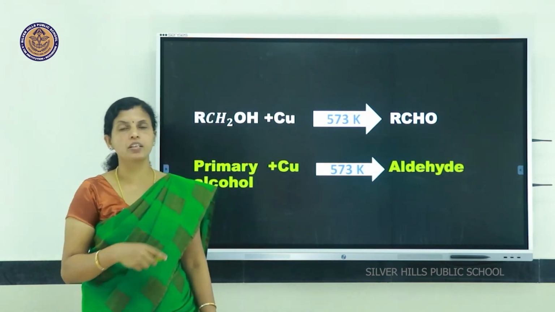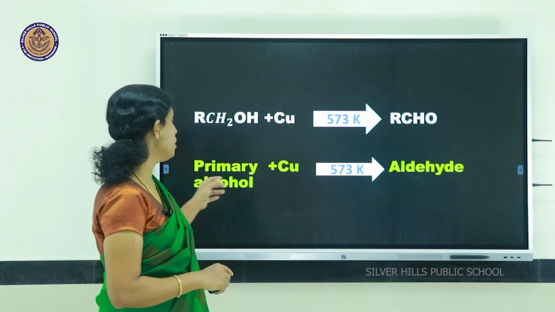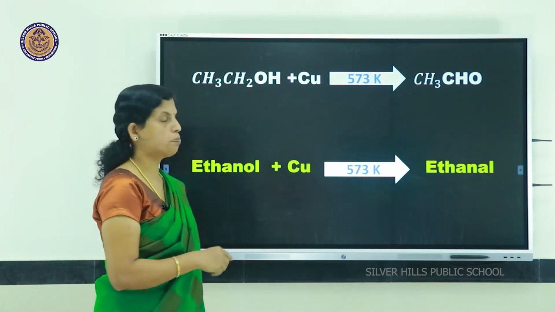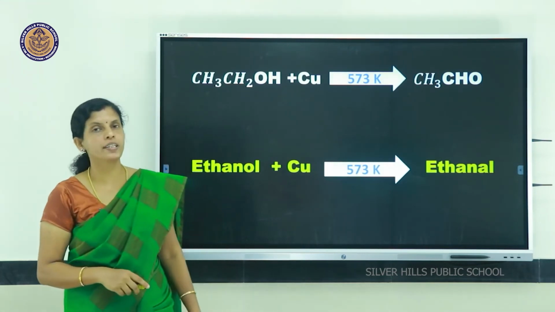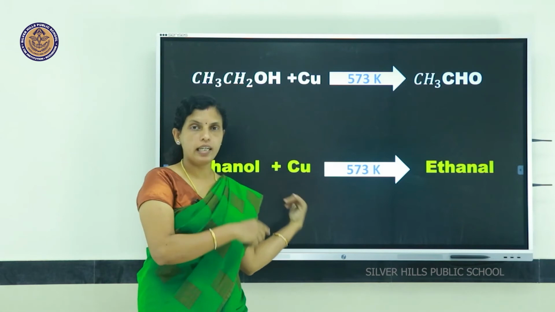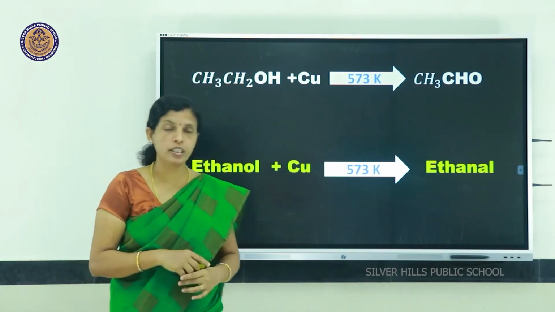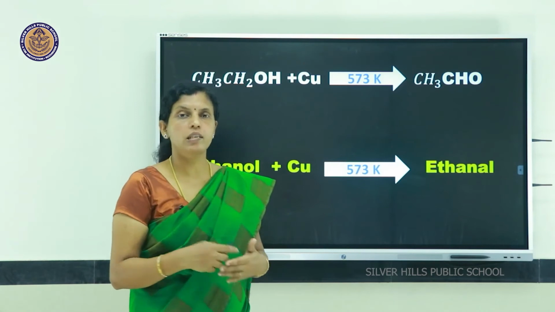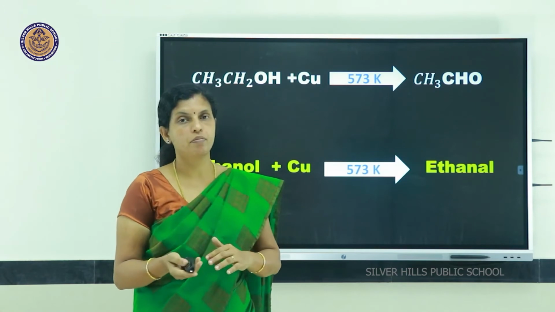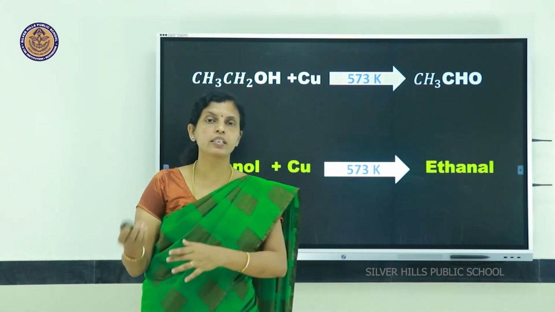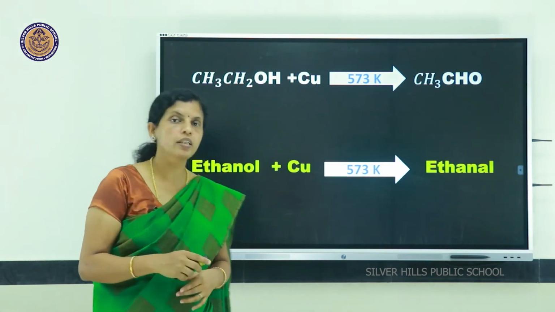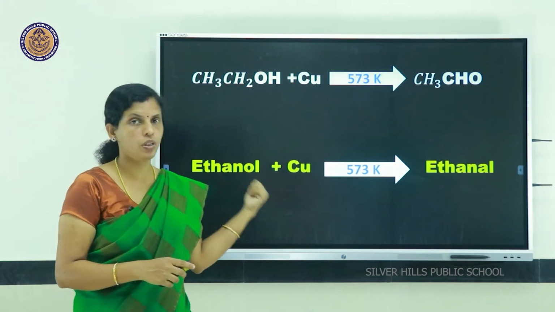So RCH2OH gives RCHO. Example, CH3CH2OH plus copper at a temperature of 573 Kelvin gives CH3CHO. So, ethanol gives ethanal, propanol gives propanal, butanol gives butanal, like that. There is no change in the number of carbon atoms. If it is an ethyl alcohol, it gets converted to ethanal. If it is a propyl alcohol, it will give propanal during the dehydrogenation process with copper at